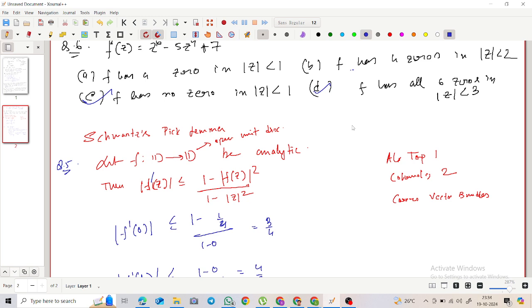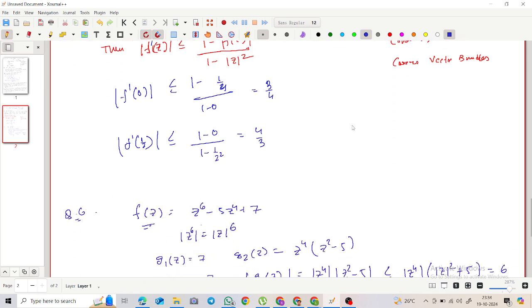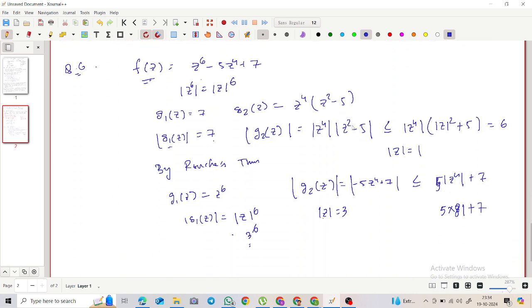Yeah, why is that? Now what are you taking? Okay, so if you put mod z equals 3, we get it, and if you put mod z equals 2, we get here is